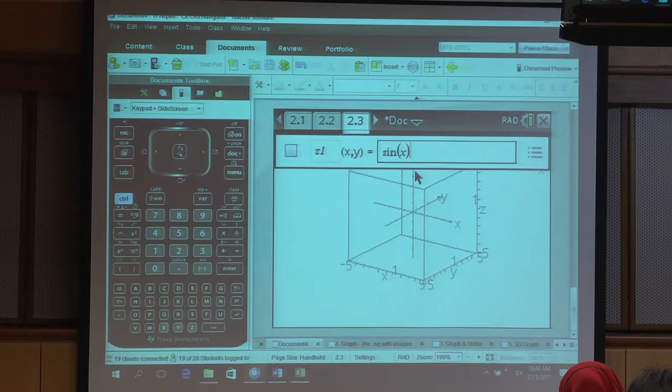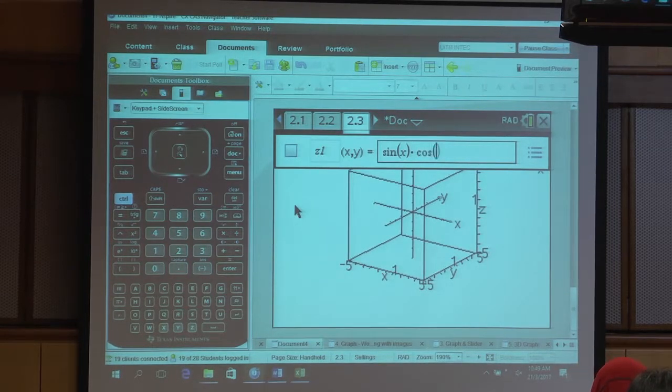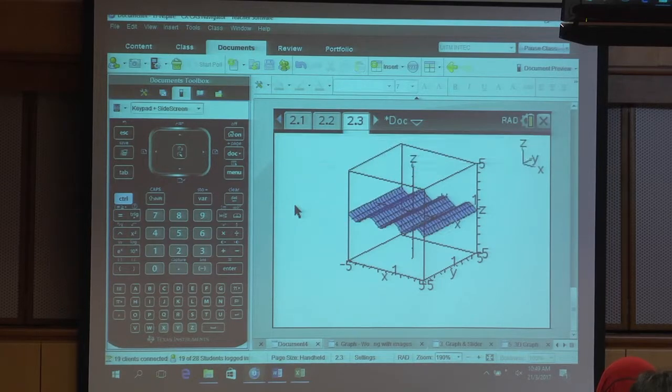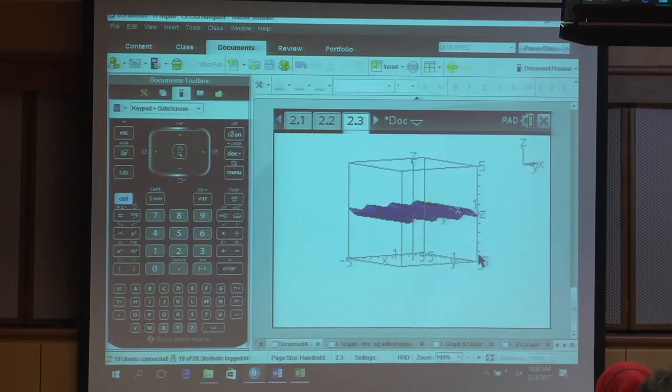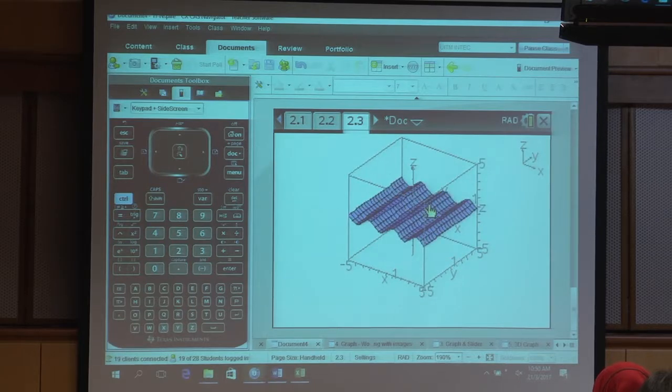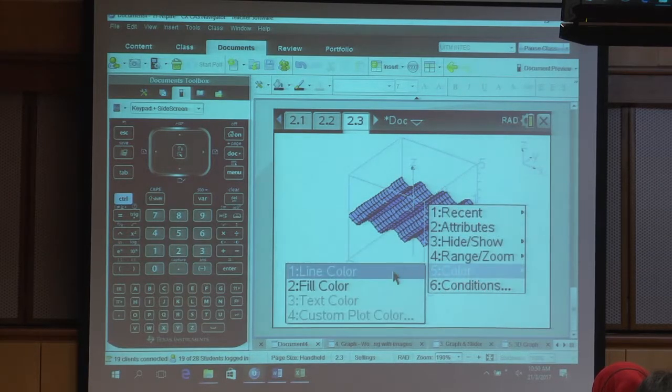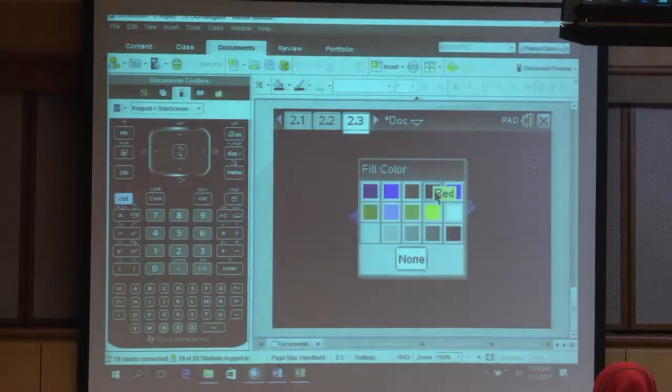Contohlah sin x. Saya pun tak tahu, tapi Google je lah kan apa graph, apa equation untuk 3D graph. So dia akan plot lah contoh. Tapi kalau cikgu ada 3D graph yang lagi canggih-canggih, yang terbentuk-terbentuk tu, boleh masukkan. So 3D graph ni kita boleh tukar juga color dia sama. You can change the color. Kalau macam biru tak cantik,